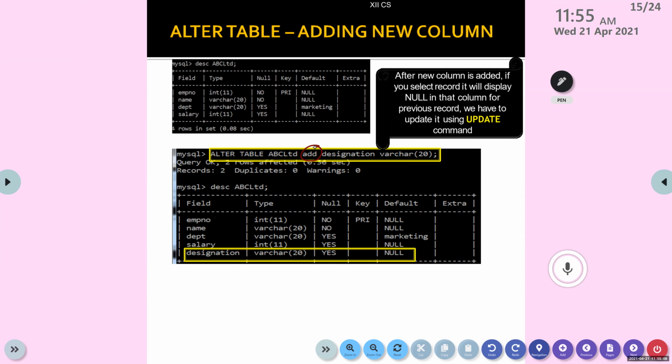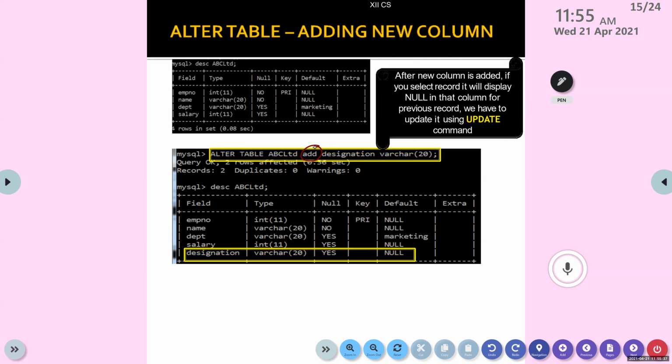Hope you understood. The first question to Anjo. Anjo, ready? What is this slide for? The alter table command has different options. Which option is specified here? What is the heading? Adding a new column.